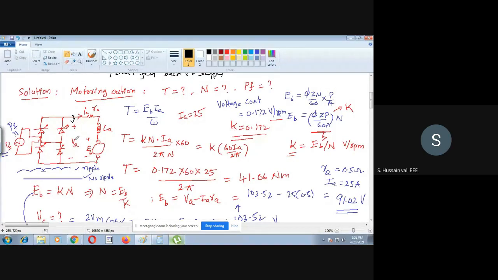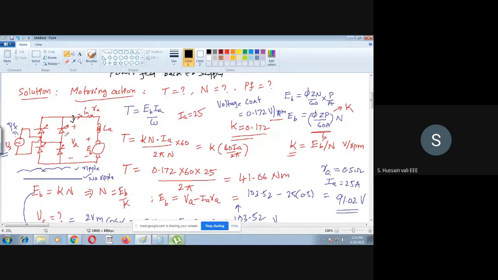You multiply the voltage and current because this is a DC motor, so DC voltage, DC current. Whatever power you get here is DC power. That is the output real power of the converter. You are getting the real power from the supply, and there are no losses in the full converter. It means whatever the input real power, you will have the same real power at the output side.